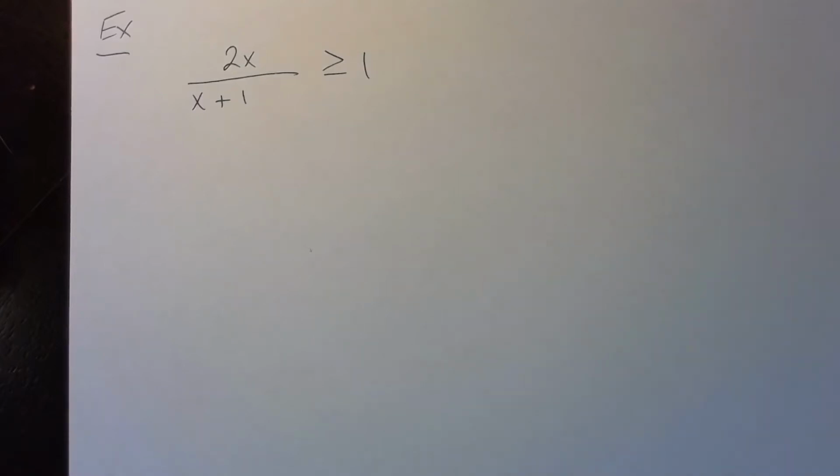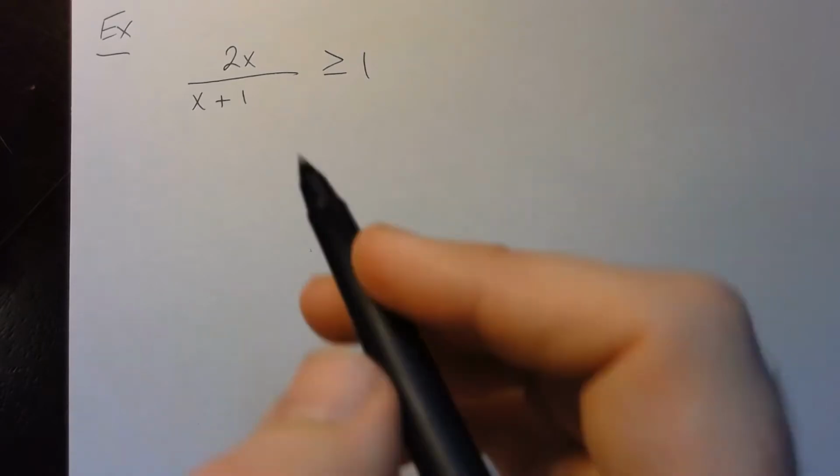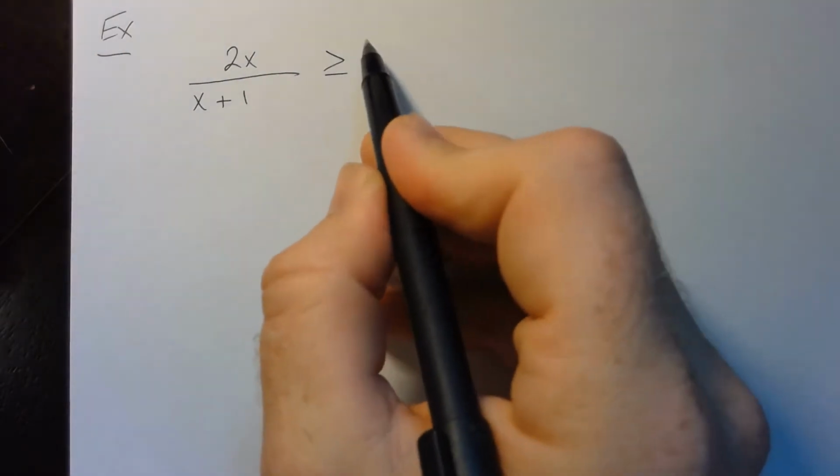In this video, we'll be looking at, once again, rational inequalities. Now the problem with this rational inequality versus the previous rational inequalities that we looked at is that this one doesn't have that equivalence to 0 yet. So we have to go through the steps of making sure that we first get it in some way equivalent to 0. In doing so, that means I'm going to have to subtract this 1 from this side over to